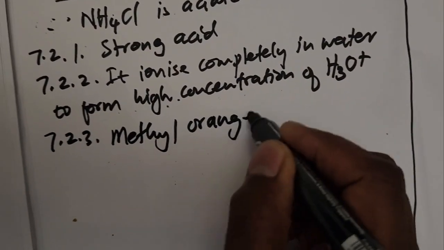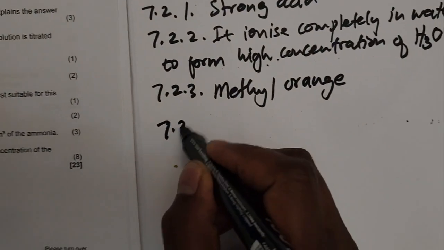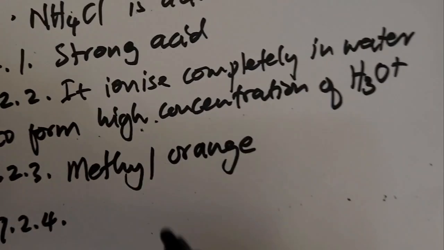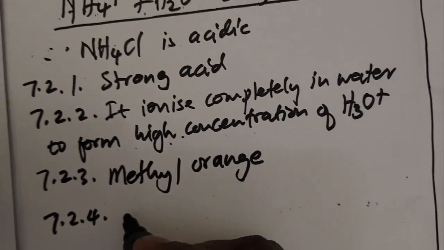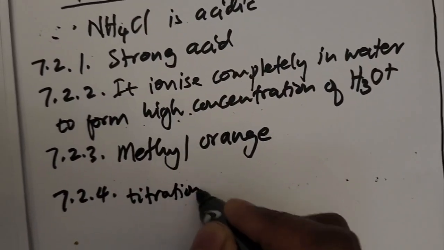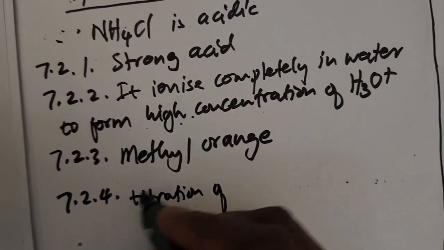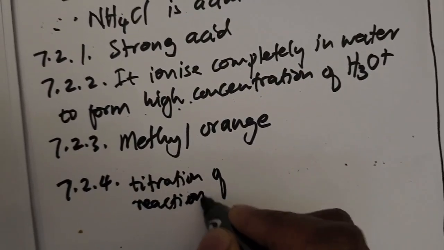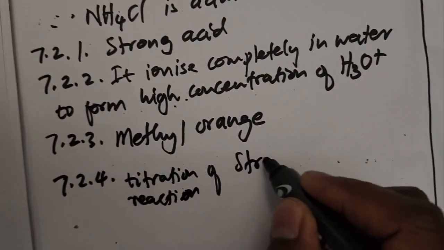Fine, that's a suitable one. 7.2.4: now explain your choice. Why do you use that one? I've already talked about that before. So you just say the reaction of strong acid